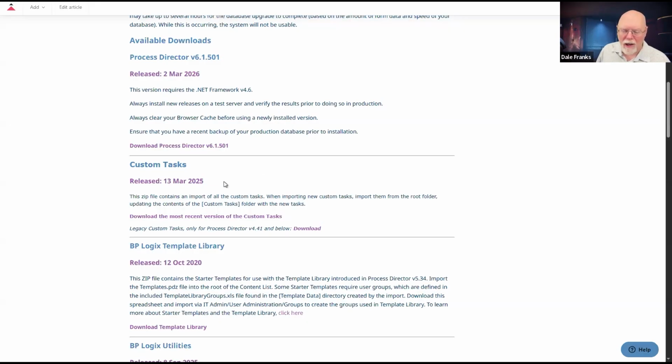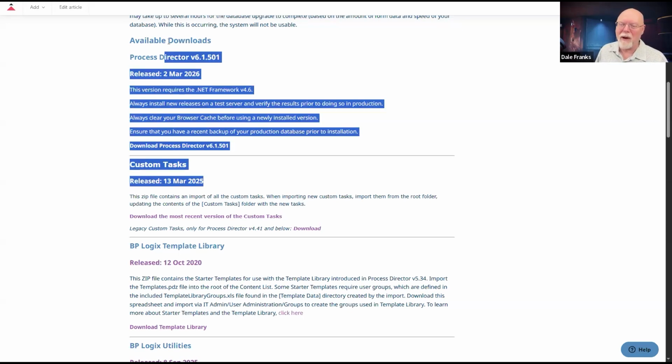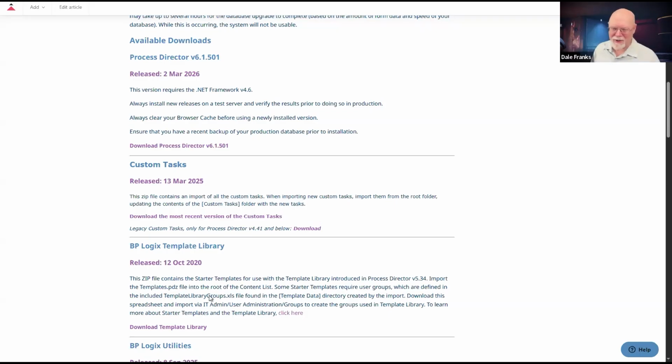So when you need the custom task, and you often do, I may have missed updating a date on the support site for our custom tasks, because I'm pretty sure we've released something since 13 March 2025. So I may have to go back and check that out, because I am the single point of failure for all of the information on this page.